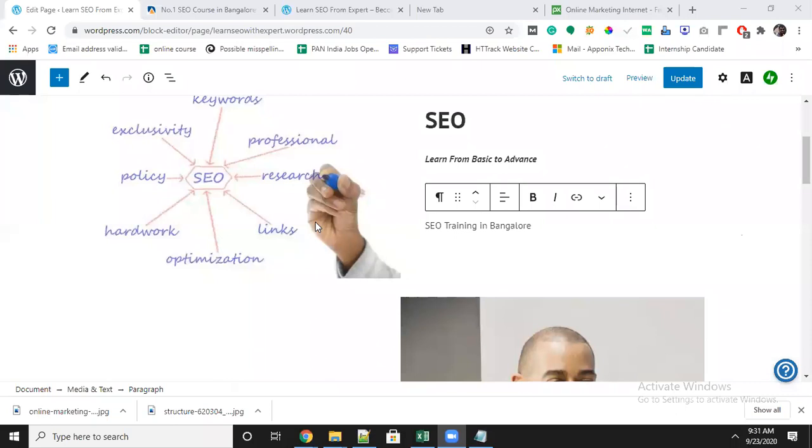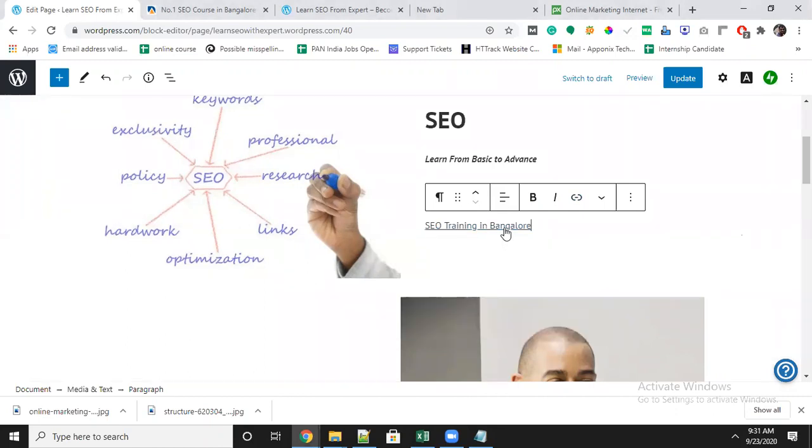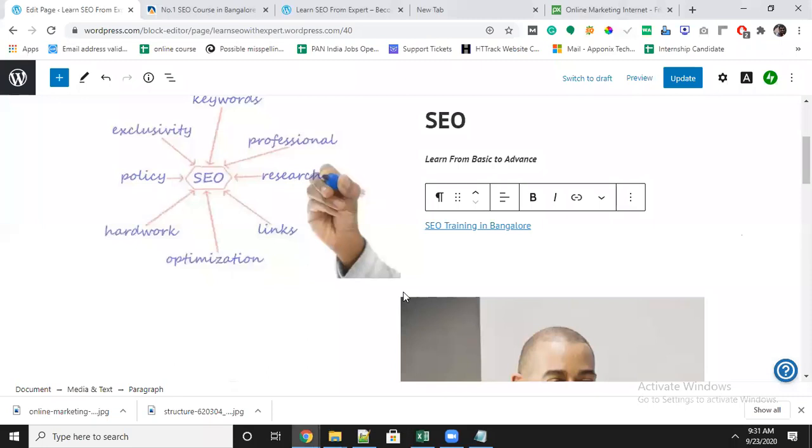Okay, here I will select the text and here is the link option. We have to choose the link option and add it, which means it will connect to the website. Always, if any link is external, meaning apart from your website, it is an external link. We have to use open in new tab because it will connect to the external page. In those cases, we have to use it. That's the thing. Now see, I will update. Now the SEO section I have made.